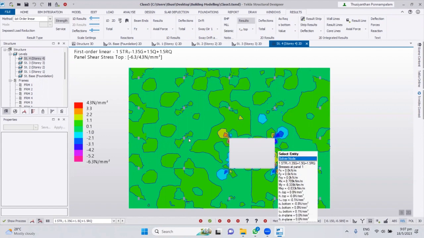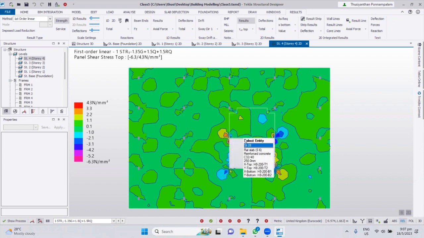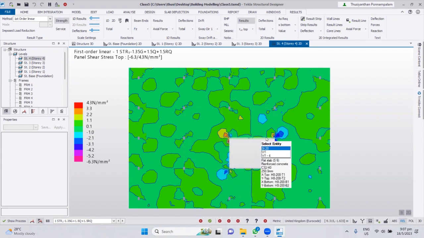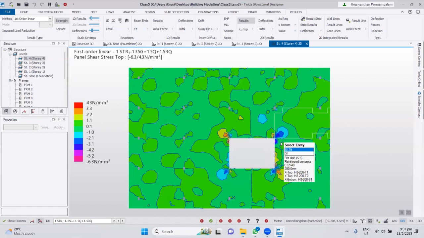So now you see this area is a high stress area. You can see high shear forces here. The reason is we don't have any rock panel here. Surrounding this area, no rock panel, right? So ultimately we understand, yes, there are peak stresses because there's no rock panel. So it's reasonable. So similarly, go and see the bottom,